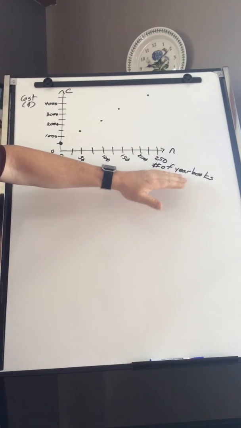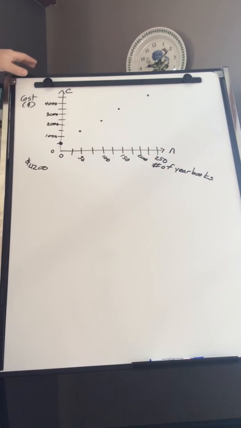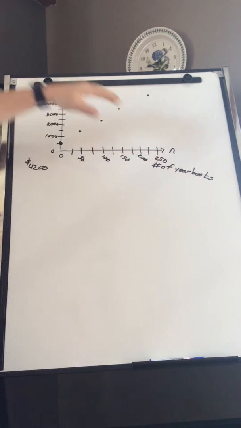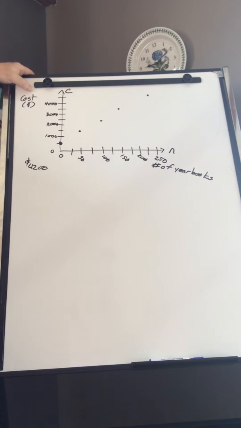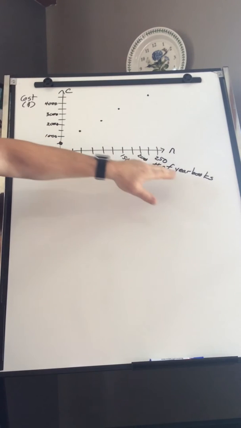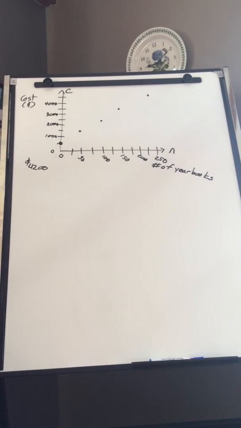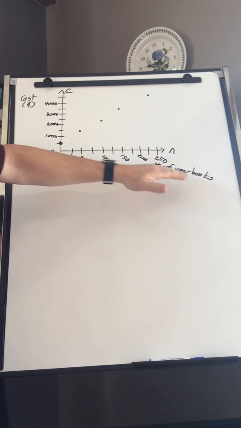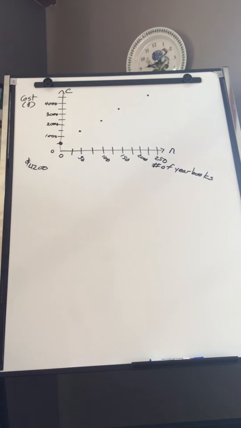the number of yearbooks. So the number of yearbooks is my independent variable. Cost is dependent, because it depends on the number of books we get. Now, it's discrete because of the number of yearbooks. I can't buy half a yearbook. So,